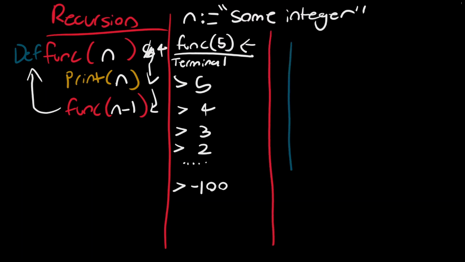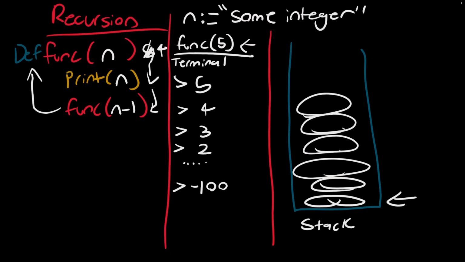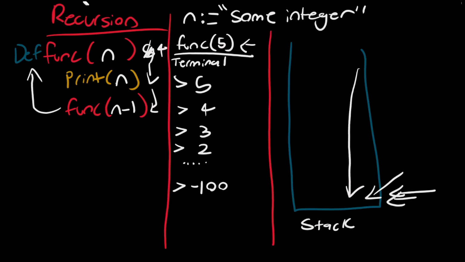Now, what does this look like to the computer? The computer keeps track of a stack. And the way a stack works is it's first in, last out. So think of plates we're stacking up, and we're going to wash these. The first plate we put in is going to be the last plate we clean. So we look at the top of our dishes, clean this dish, and work our way all the way to the bottom, to the last dish we have. That is essentially what a stack is, and our computer uses this to keep track of